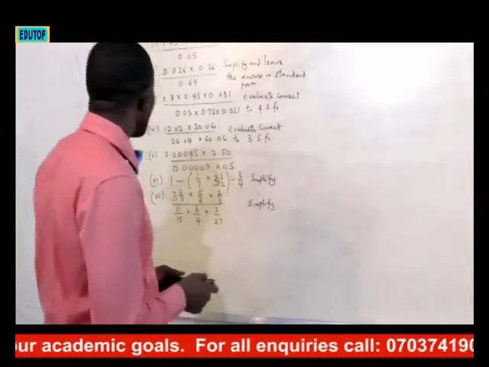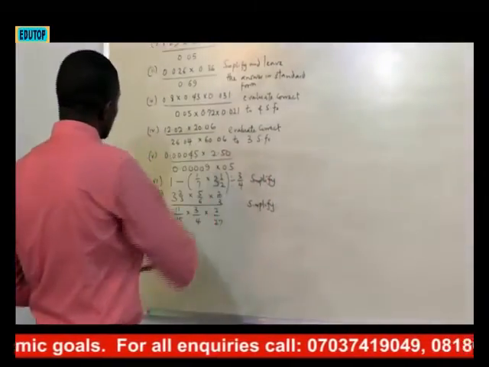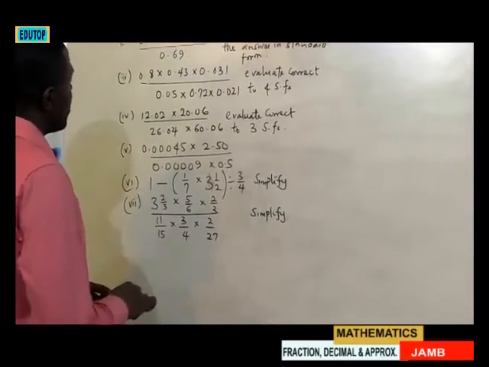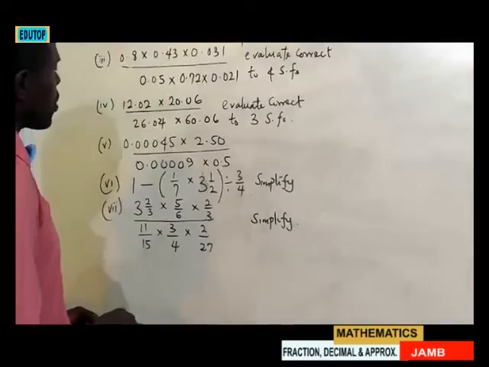Now, on question number 4, which is 12.02 times 20.06 over 26.04 times